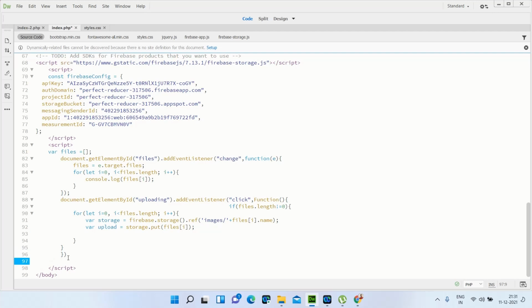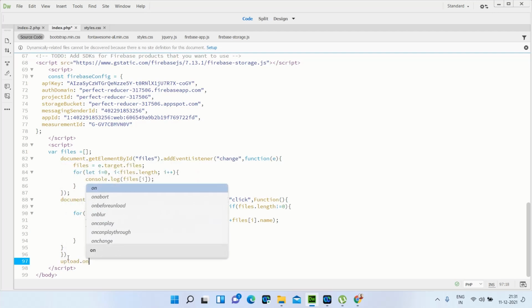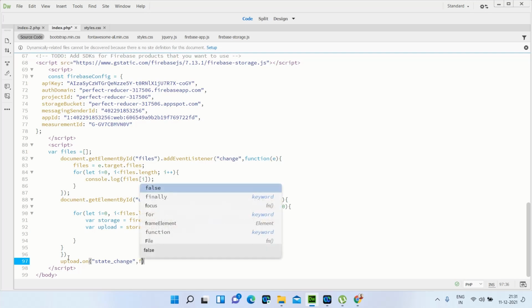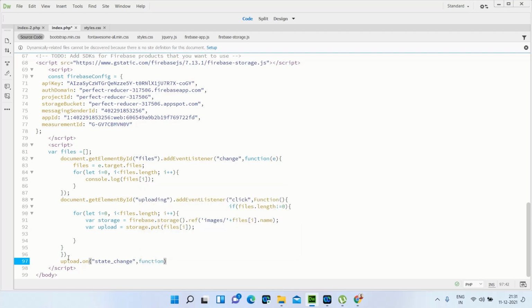Now after that we need to write some code for the progress bar. So just write upload dot on, state underscore changed, function progress, and here is the snapshot.